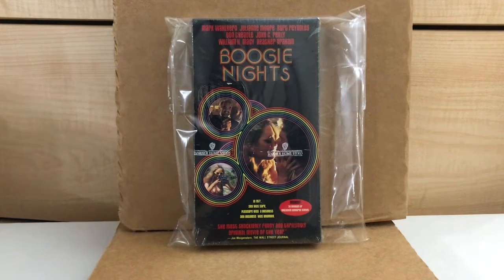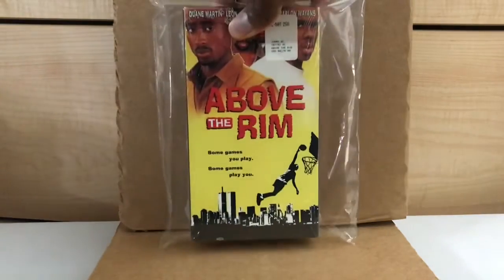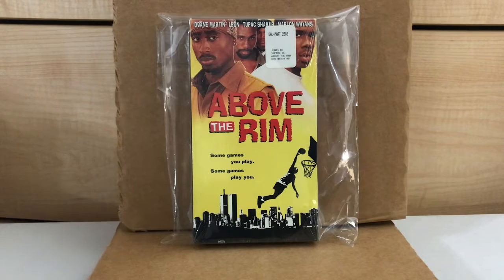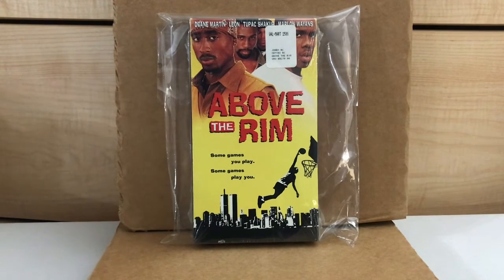All right. I'm excited about this just because I just wanted a sealed copy. I didn't care too much about anything else. This might be a second release of this movie, but I didn't care. I think I paid like $13 for it. Not a big deal. So we have Above the Rim from